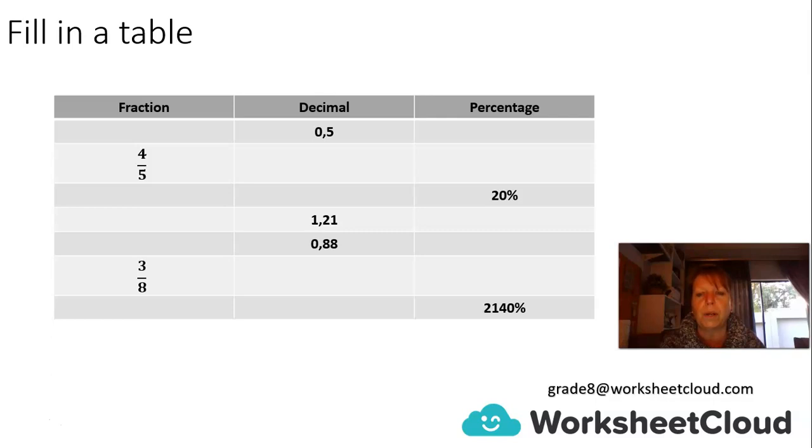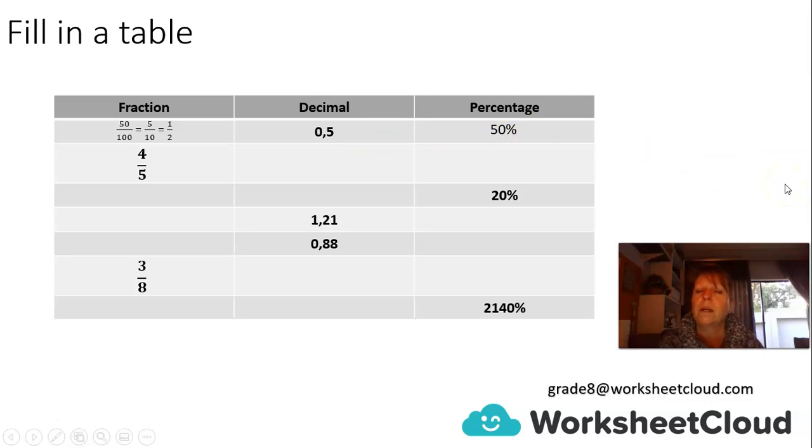So in the first one, we've got 0,5. Okay, so that would be 50 over 100, or we can just say 5 over 10, which gives me a half. We remember we have to simplify down to the simplest fraction form. If we took the decimal straight away and went to the percentage, we would know that it would give us 50%. So that's why I wrote the 50 over 100, because our percentage always has 100 as its